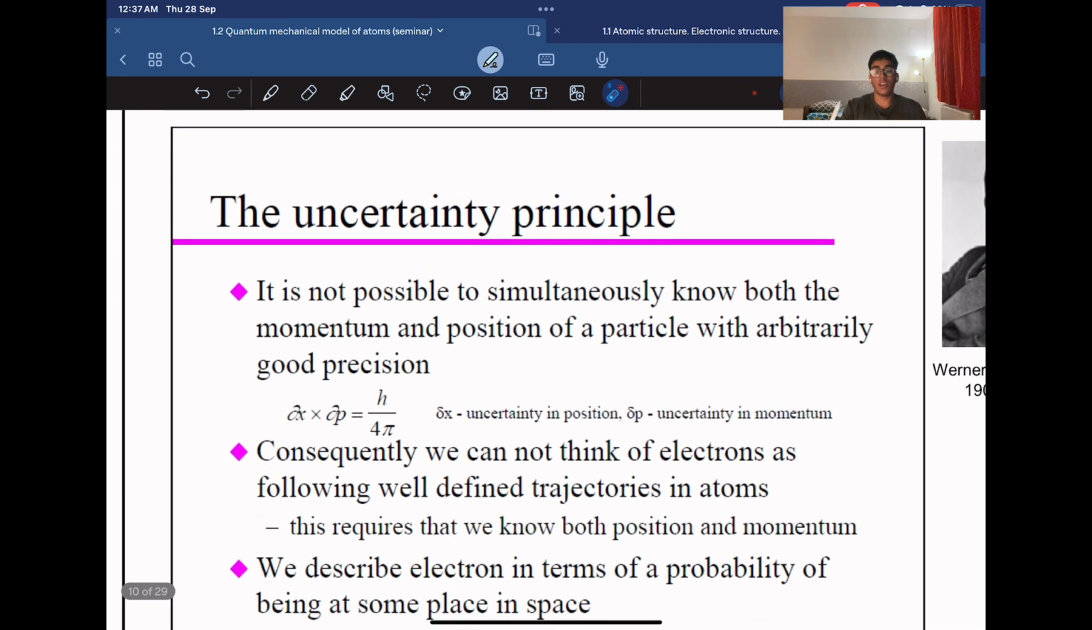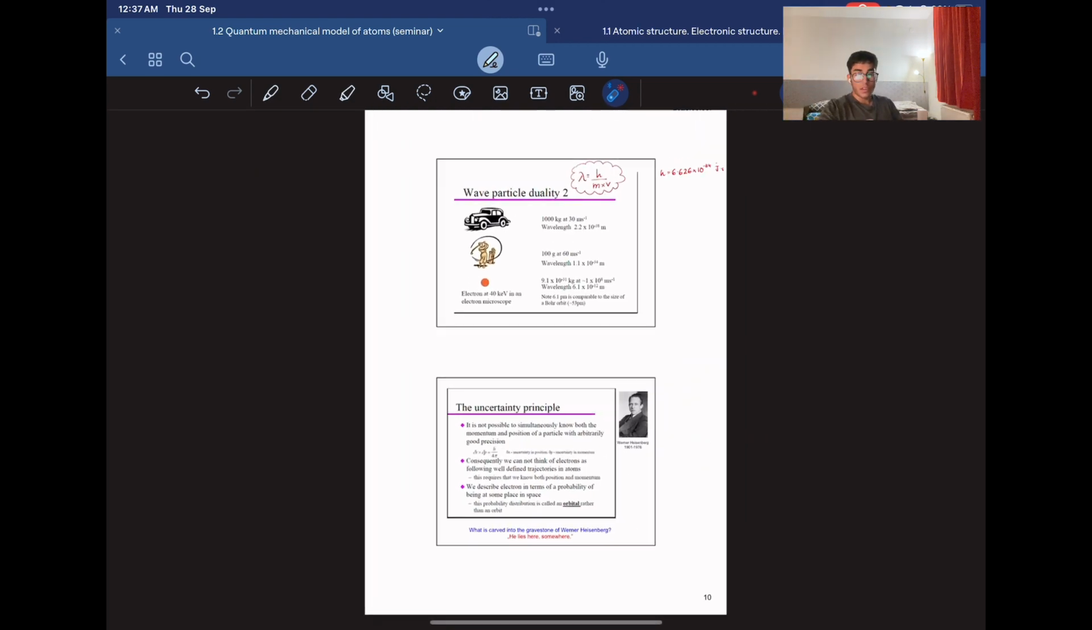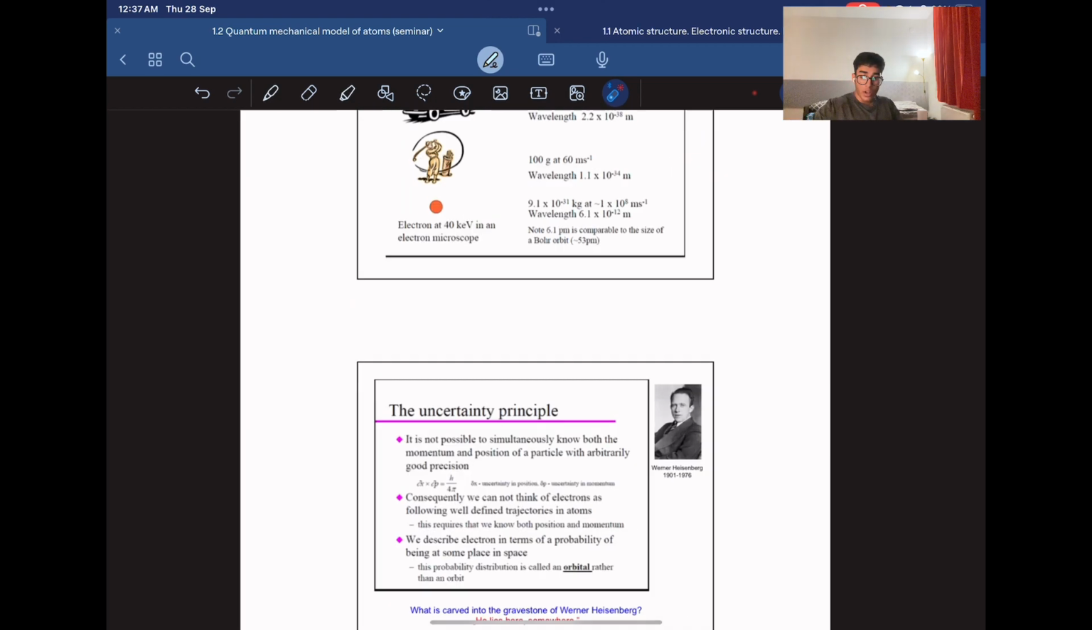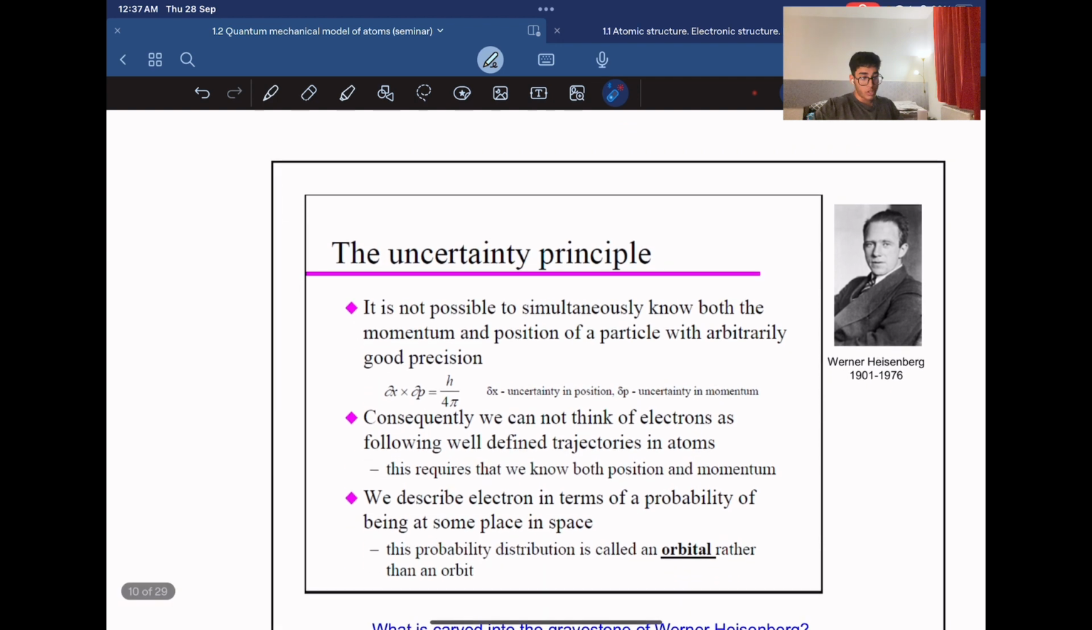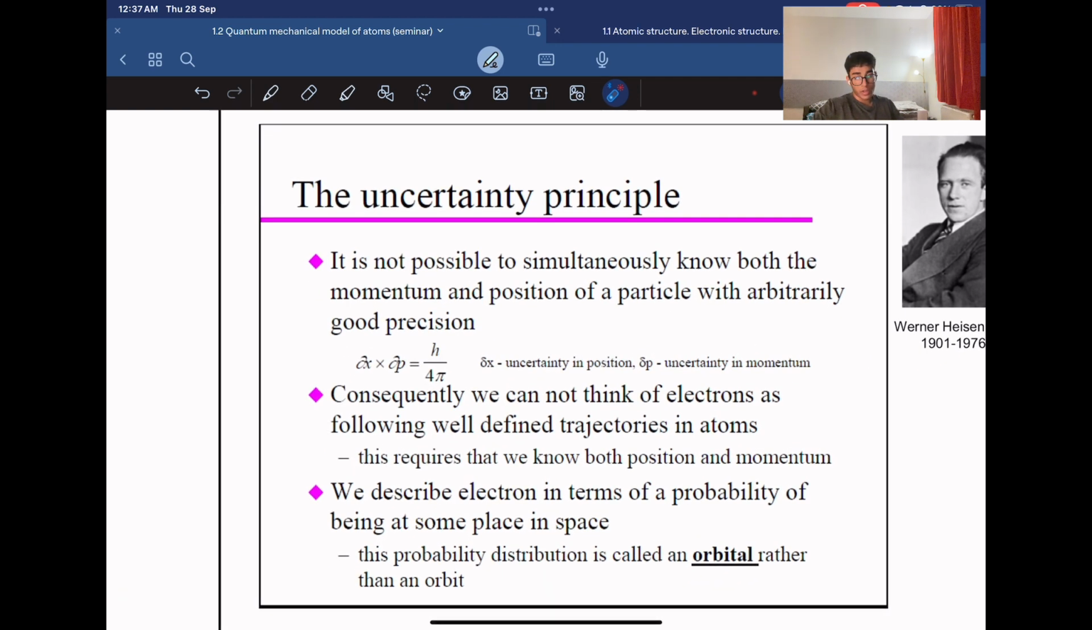The uncertainty principle. Okay, what is the uncertainty principle? Now, this formula right here, I don't really think is very important to learn, but just go over it, remember it, maybe. Now, it is not possible to know both the momentum and position of a particle with